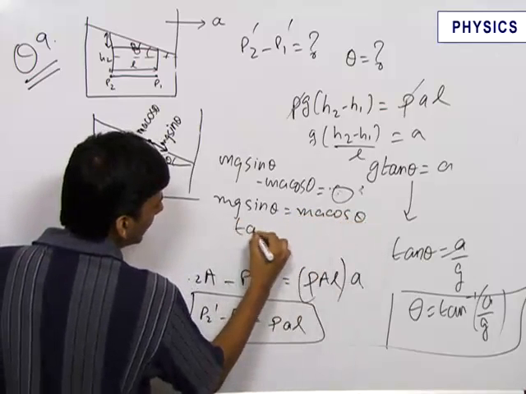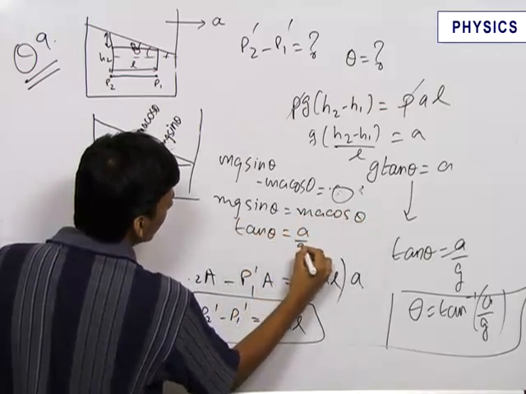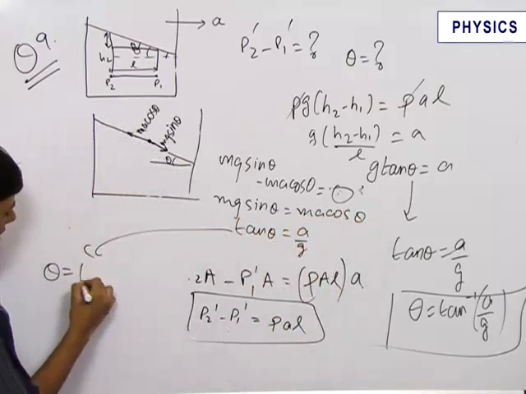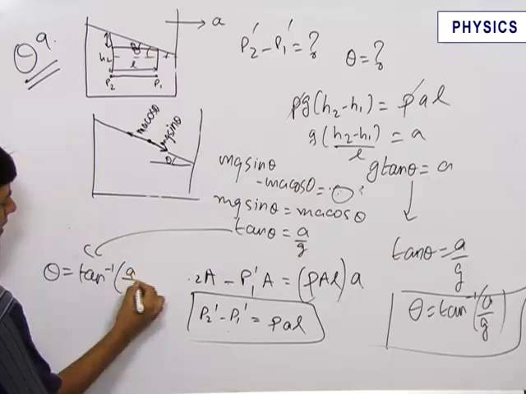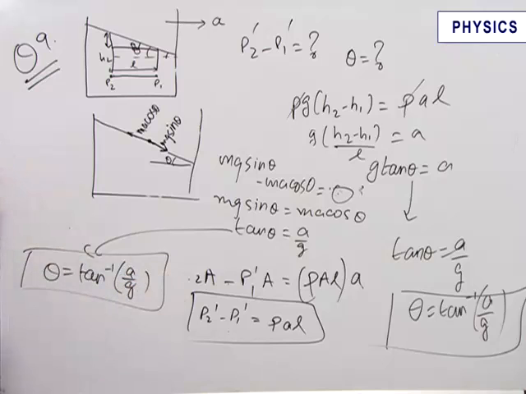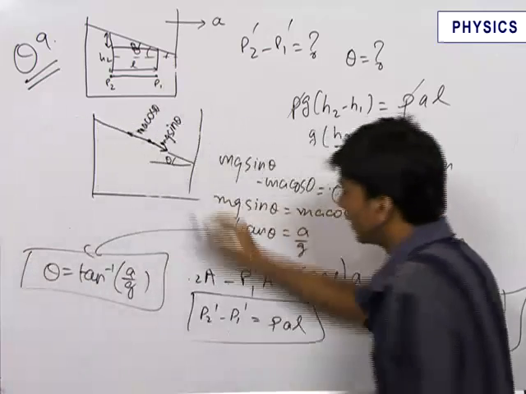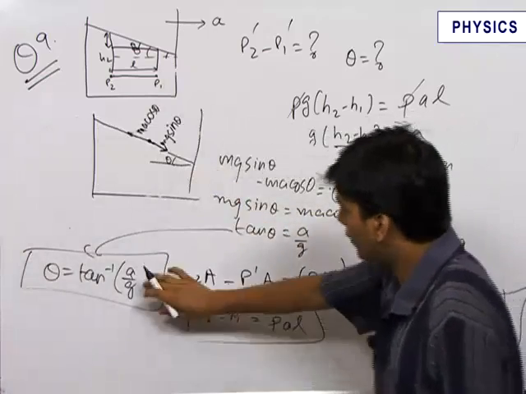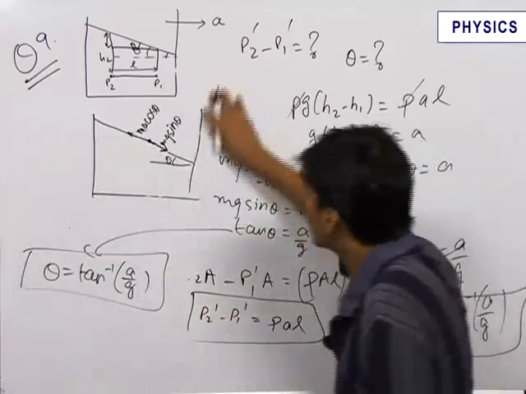So, we get again tan theta is equal to a by g, that is, theta is equal to tan inverse a by g. This is an alternate method to find theta, that is tan inverse a by g. After finding this, you may also see that,